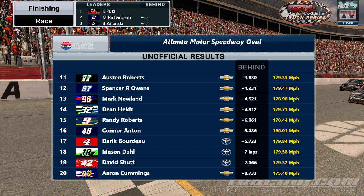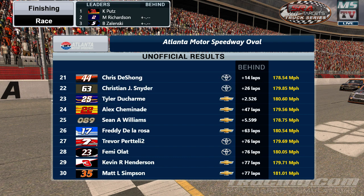Derek Bordeaux will finish 17th. Mason Dahl will finish 18th. David Shutt 19th. And Aaron Cummings will finish 20th. All right, Chris DeJong 21st. Christian Snyder in 22nd, Tyler Ducharme 23rd,